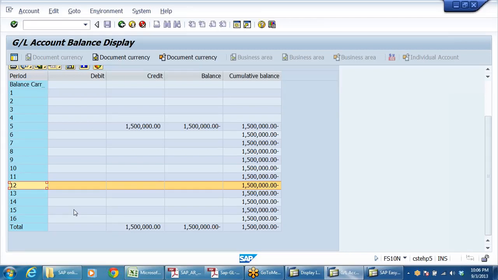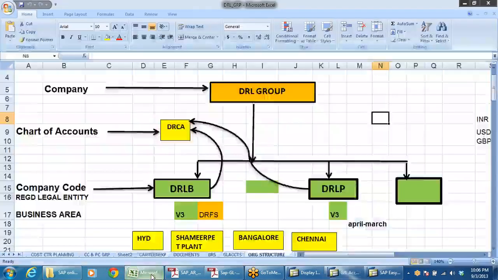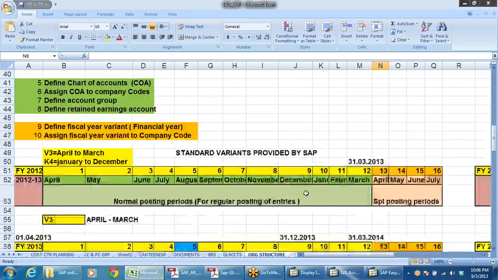For example, if I am posting an entry on 31st May, with value date 31st March, then the posting date is 31st May and the document date is 31st March. If I take from 1 to 16, and I have posted for the next accounting year also on 31st May, it will also be taken into account, no?